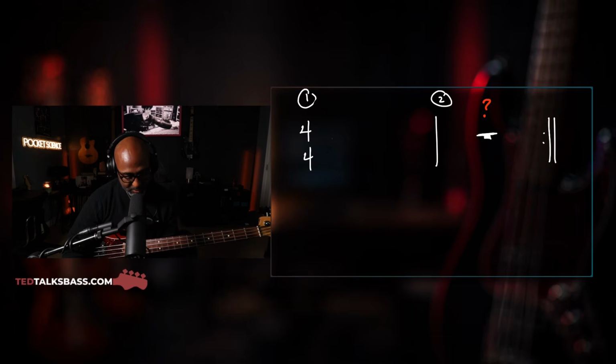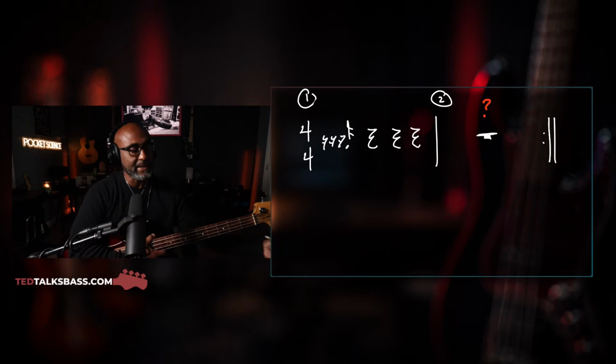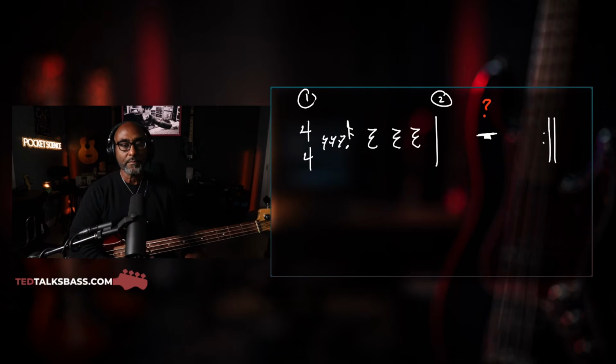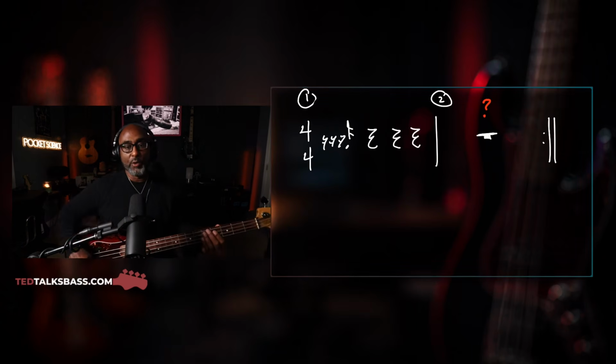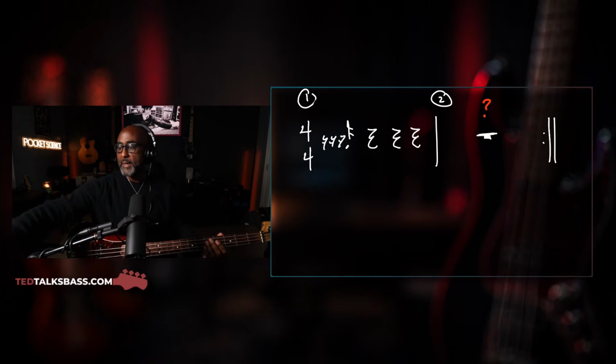My handwriting is just garbage this morning. 1, E, and 2, 3, 4. We're going to isolate the "and" of beat number 1. All right. And then we're going to rest. Let's put a beat on it